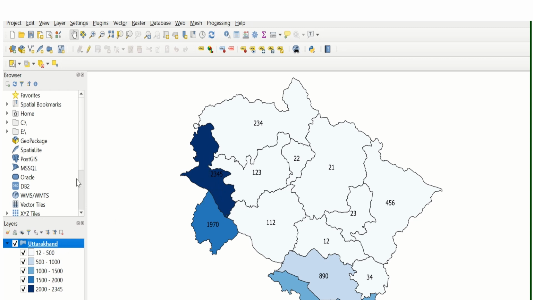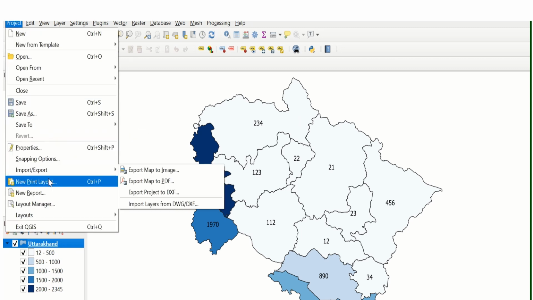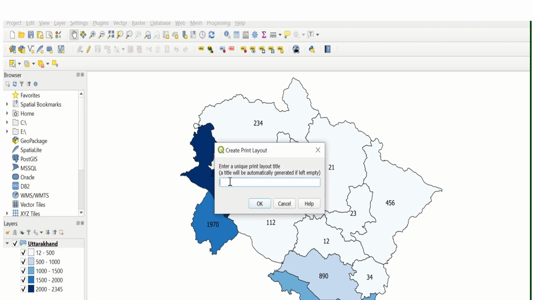Okay, so here we have to generate a map chart. So how to generate that map chart? We have to click on project, then click on new print layout. We have to give a name. Suppose corona cases in Uttarakhand. So click on OK.